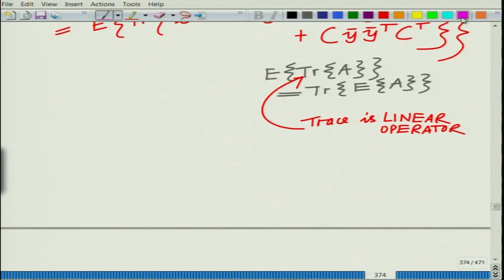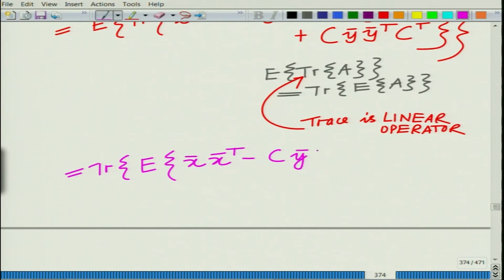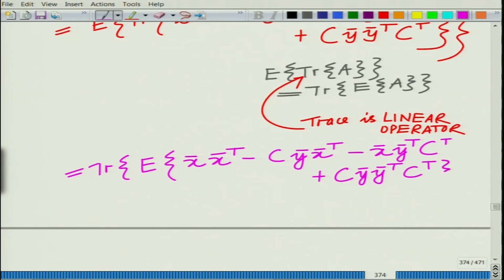Now, when you take the trace inside, this becomes trace of expected value of, writing exactly the same thing, x bar x bar transpose minus C y bar x bar transpose minus x bar y bar transpose C transpose plus C y bar y bar transpose C transpose,